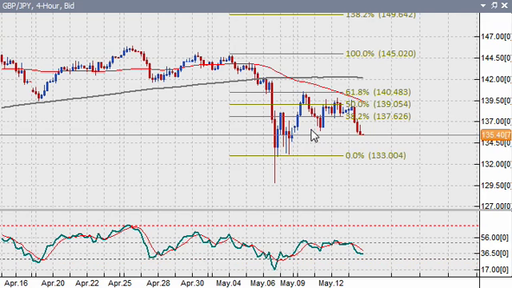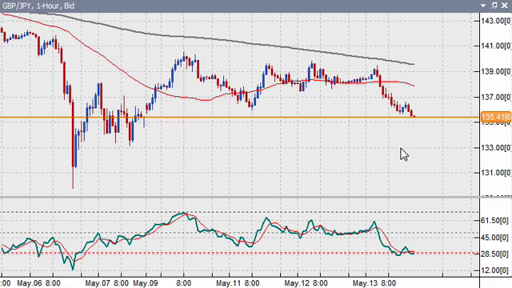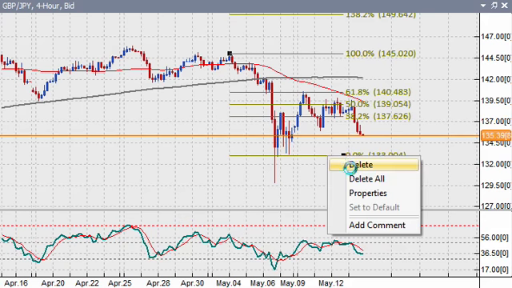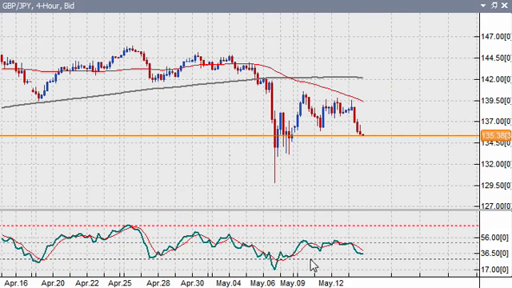4-hour time frame, we're breaking this previous minor low and also closing the gap, also very bearish. Also the fact that the market failed to break above 61.8% shows that this is indeed a correction and should continue the further decline. In the 1-hour time frame, actually let's just stick with the 4-hour time frame. A target projection could be such